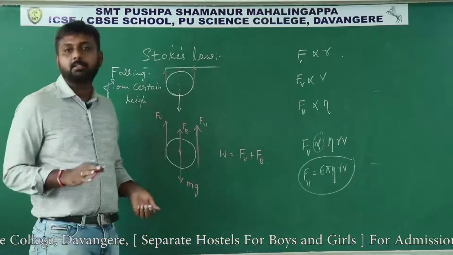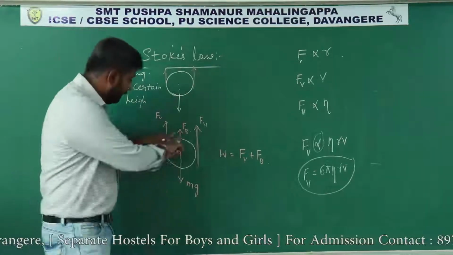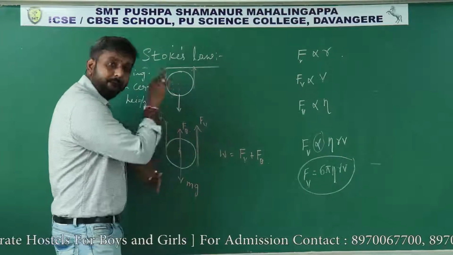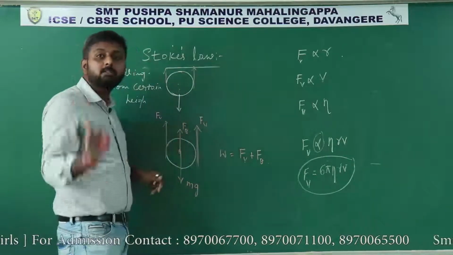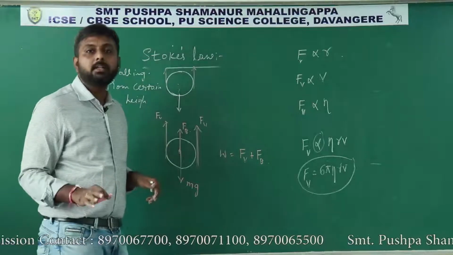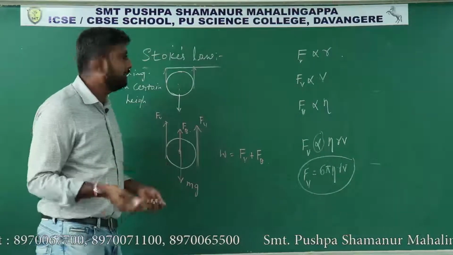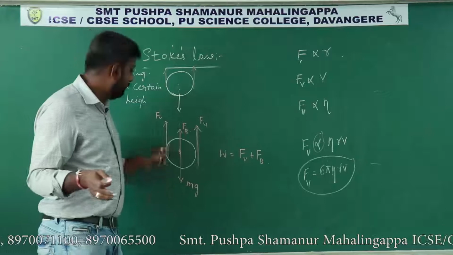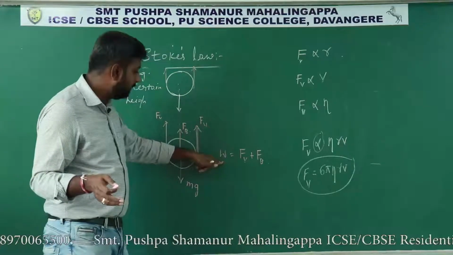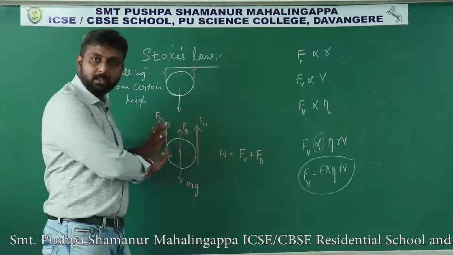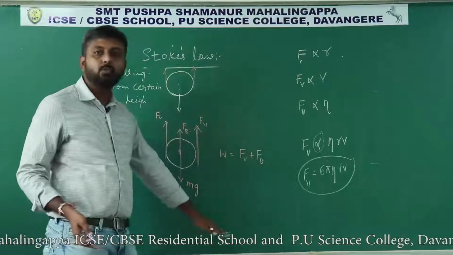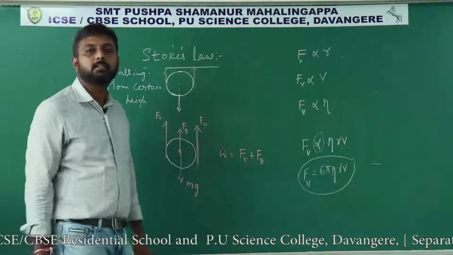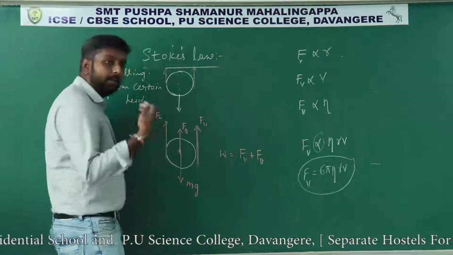Then after this, the spherical body will move with constant velocity. Then the velocity will not increase. So at this instant, what is the velocity of that object? With that velocity, it will continue to move in the downward direction. So that velocity